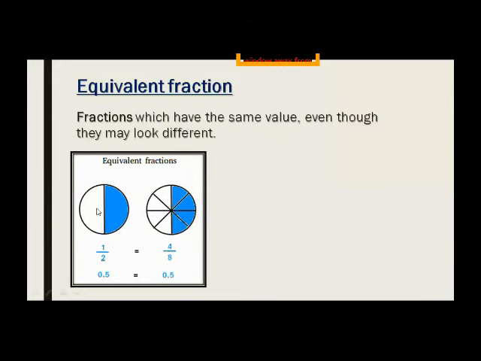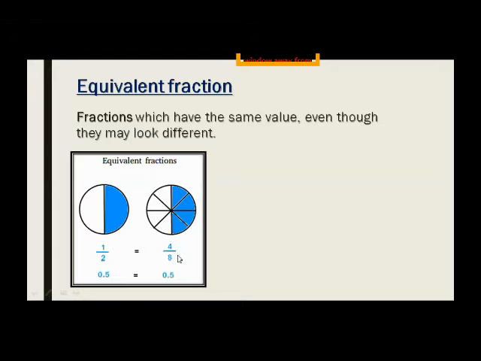So look, this is 1 upon 2, where one part is shaded. We select one part of the whole. First, this is the whole picture. We divide this into two parts, halves. Now here we have divided the same figure into 8 parts, and then we select 4. But when you see it, they both show a half. This is 1 upon 2, a half, and this is 4 upon 8.